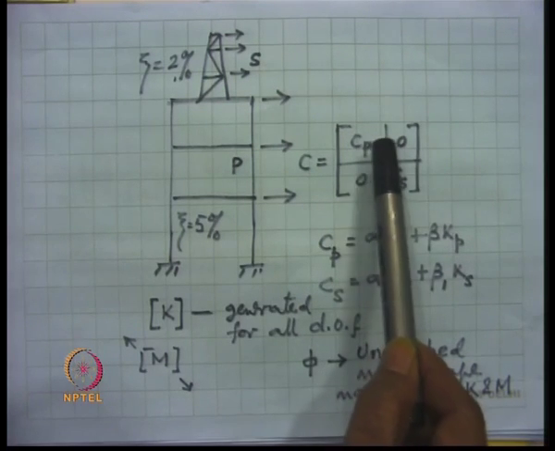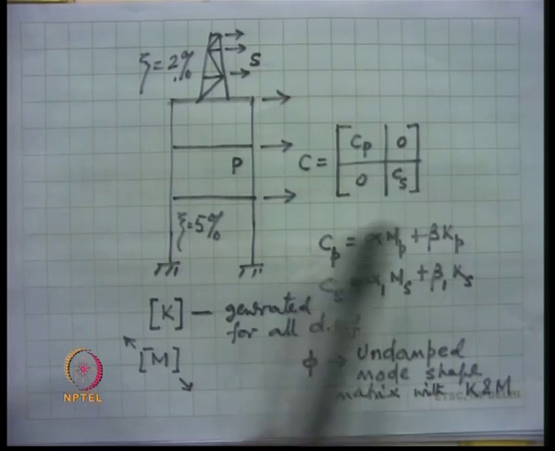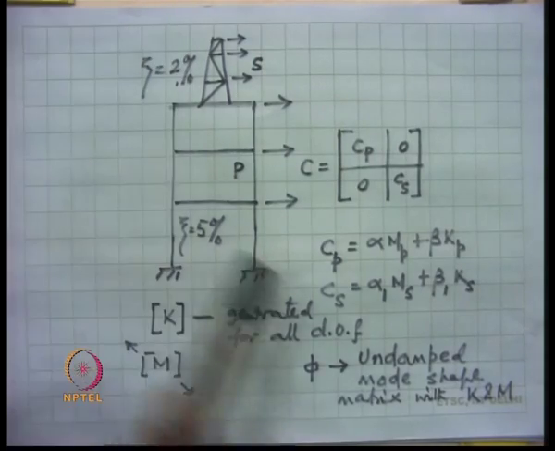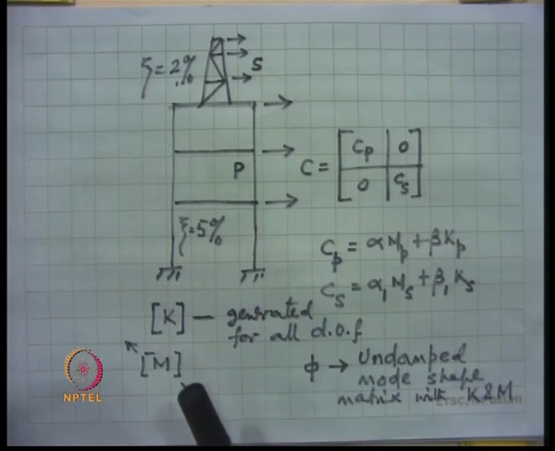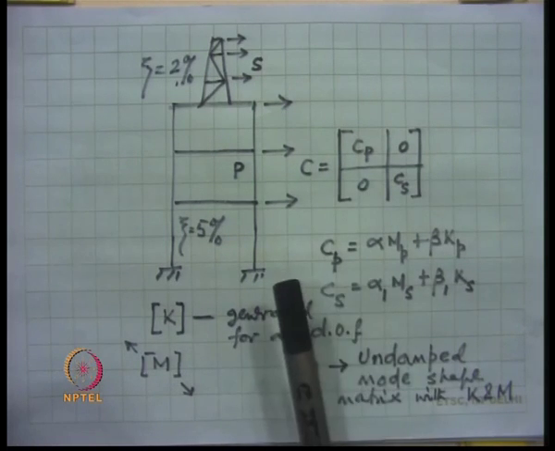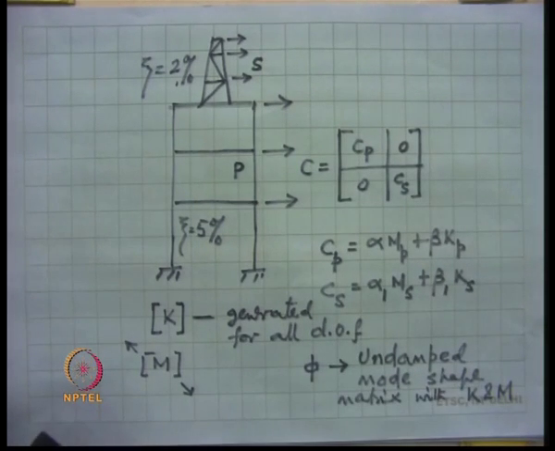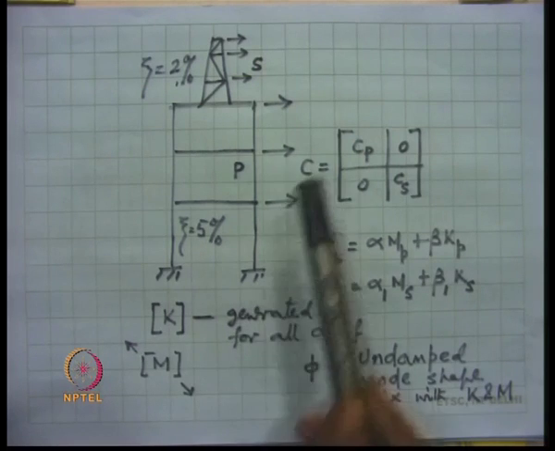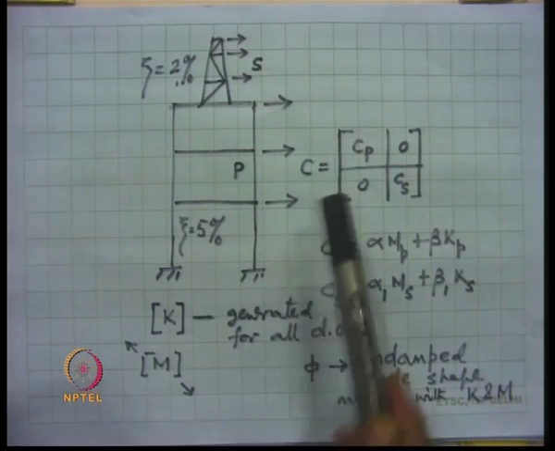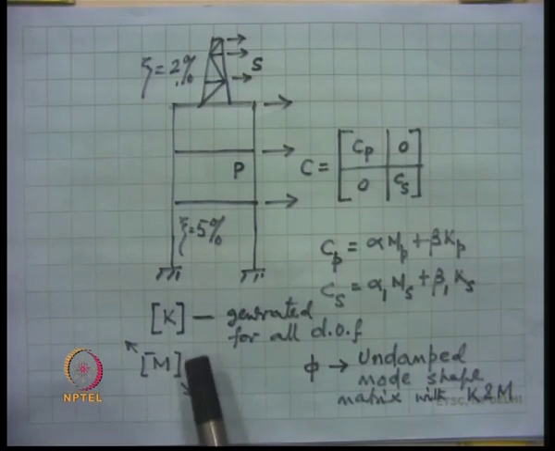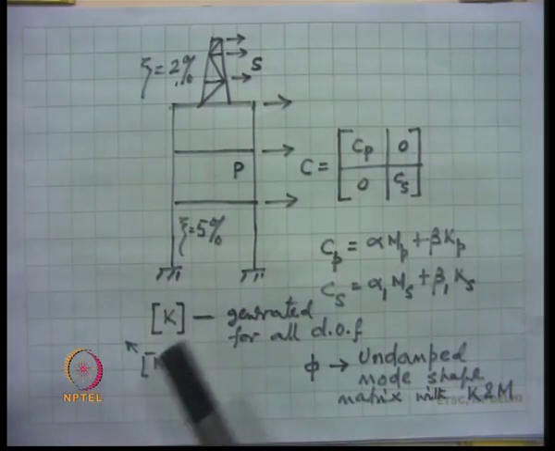The coupling between the primary system and the secondary system, we set to 0 because that is not explicitly known. So, that is how one can construct a C matrix, and this C matrix is non-classically damped because we have got two types of damping in the system. Once we get the damping matrix for the entire system, then one can consider the entire system together,